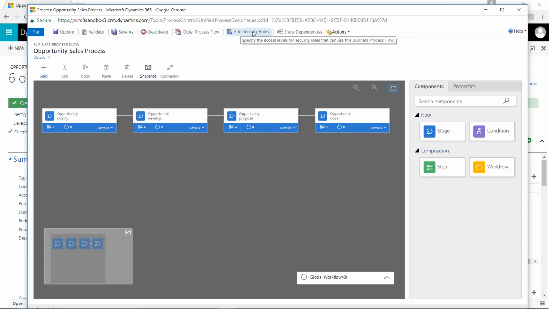This button here is going to show you the security roles that are available, or that already have access to this business process flow, but you actually add security to this under the security menu and the security roles. So I'm going to hop into the different areas of this. You'll see some things up here, and we'll talk about that in a second, but quickly you'll see over here